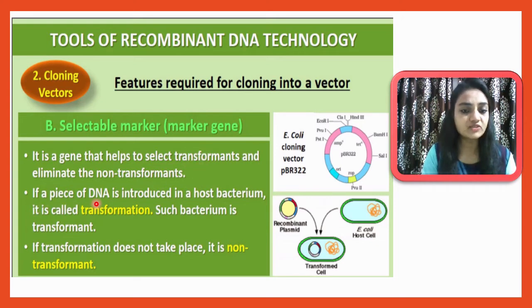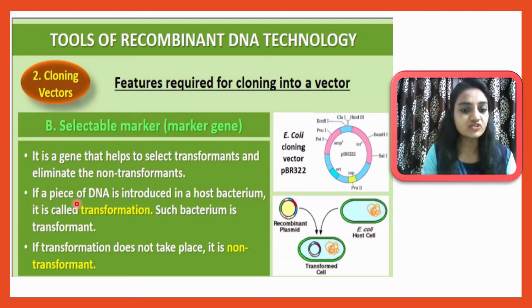It is a piece of DNA introduced in a host bacterium. This is the Escherichia coli plasmid, in which you can see this fragment of DNA is introduced artificially, and that is a tetracycline resistance gene, indicated in pink color. The second is an ampicillin resistance gene, which is also artificially entered, also in pink color. This way we can enter these types of genes artificially, and they may work as a selectable marker.